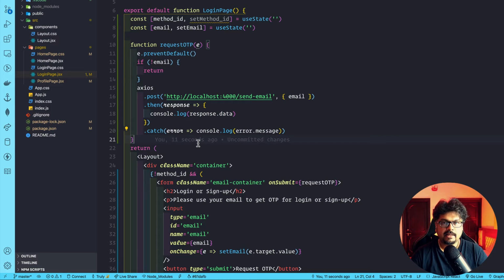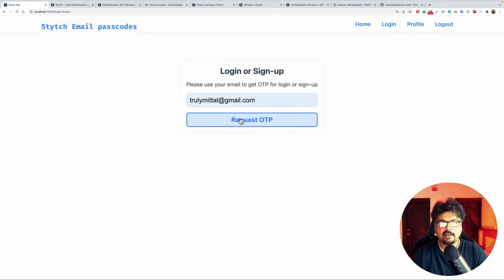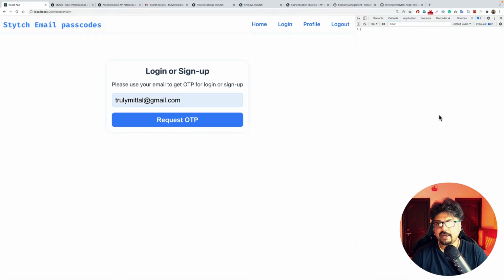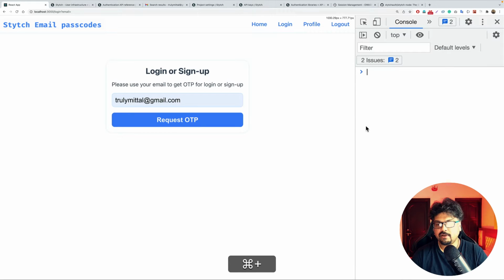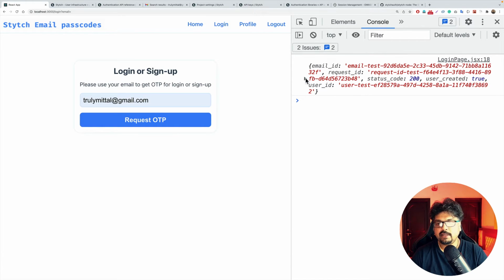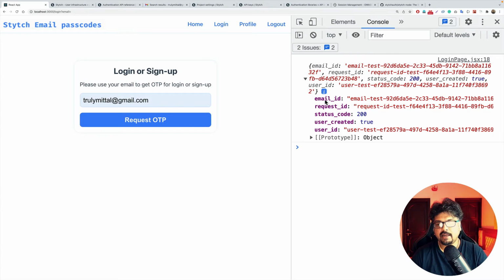So let me see if we can make a request. Let me click here, that is request OTP. Let me open my DevTools, and let me open the console. Let me increase the font size. Let's click on request OTP. Let's wait for a couple of seconds, and we see that we get back an object that has an email ID, a request ID, a status code, a users created, and a user ID. Since we used the login or create endpoint, the user is automatically created,